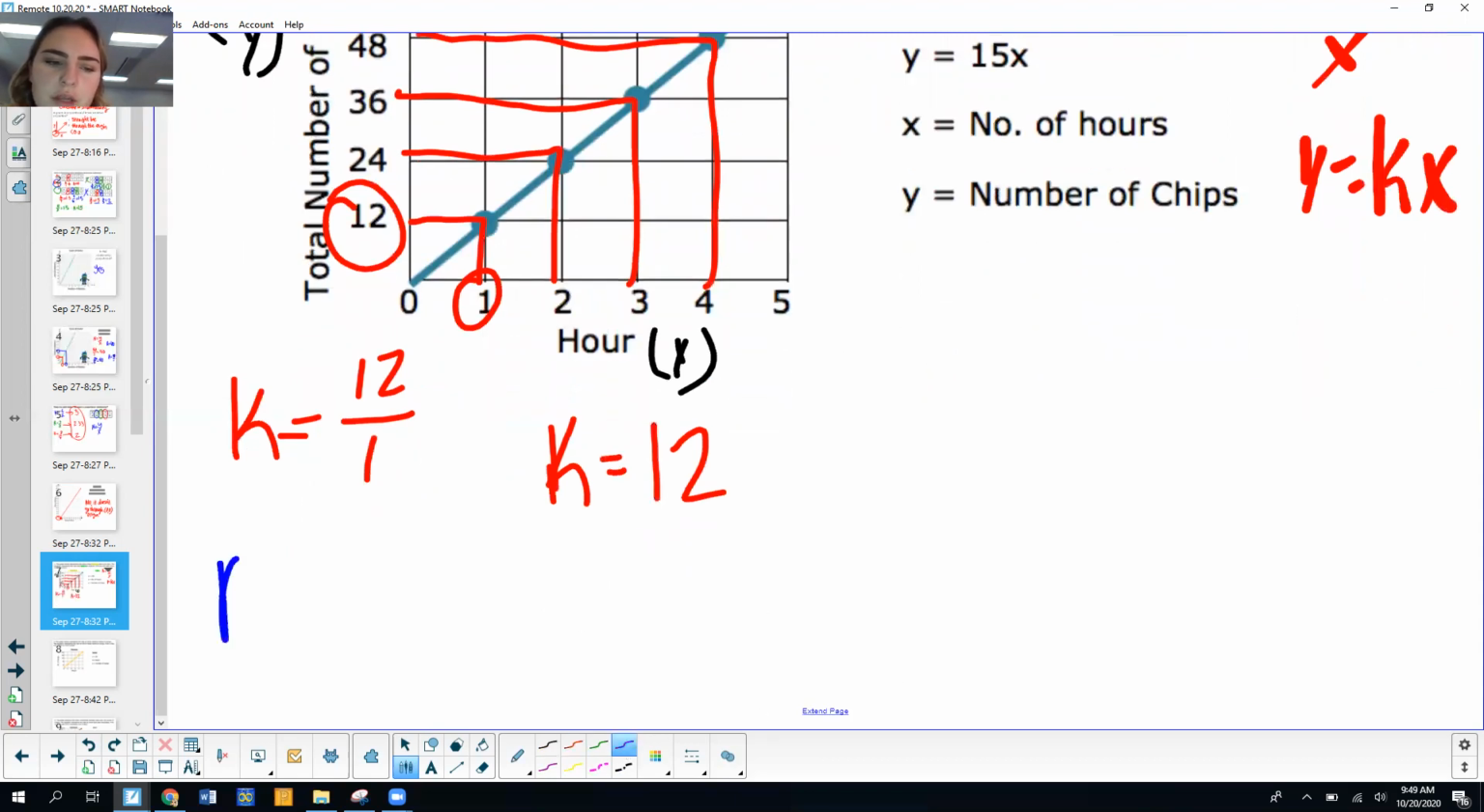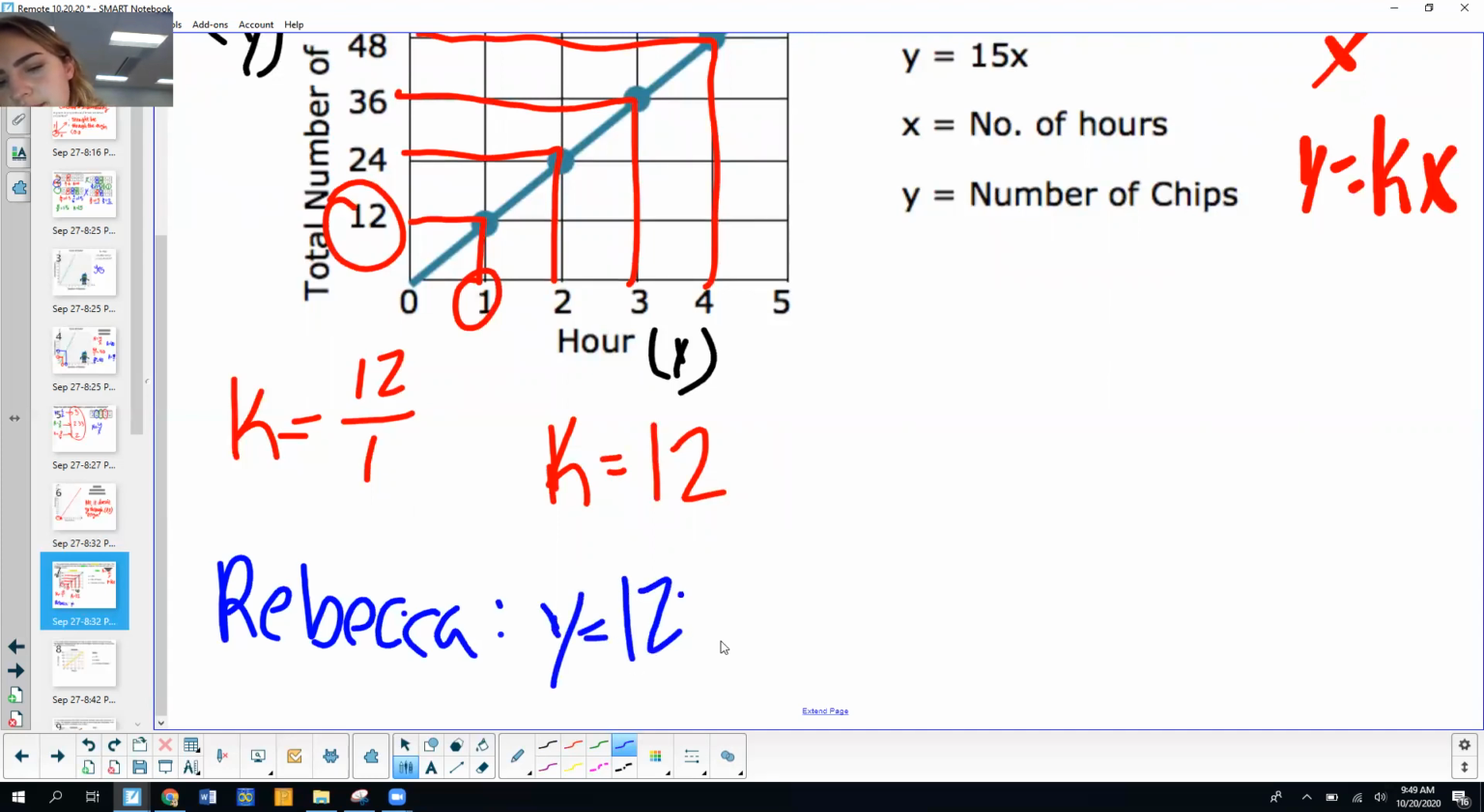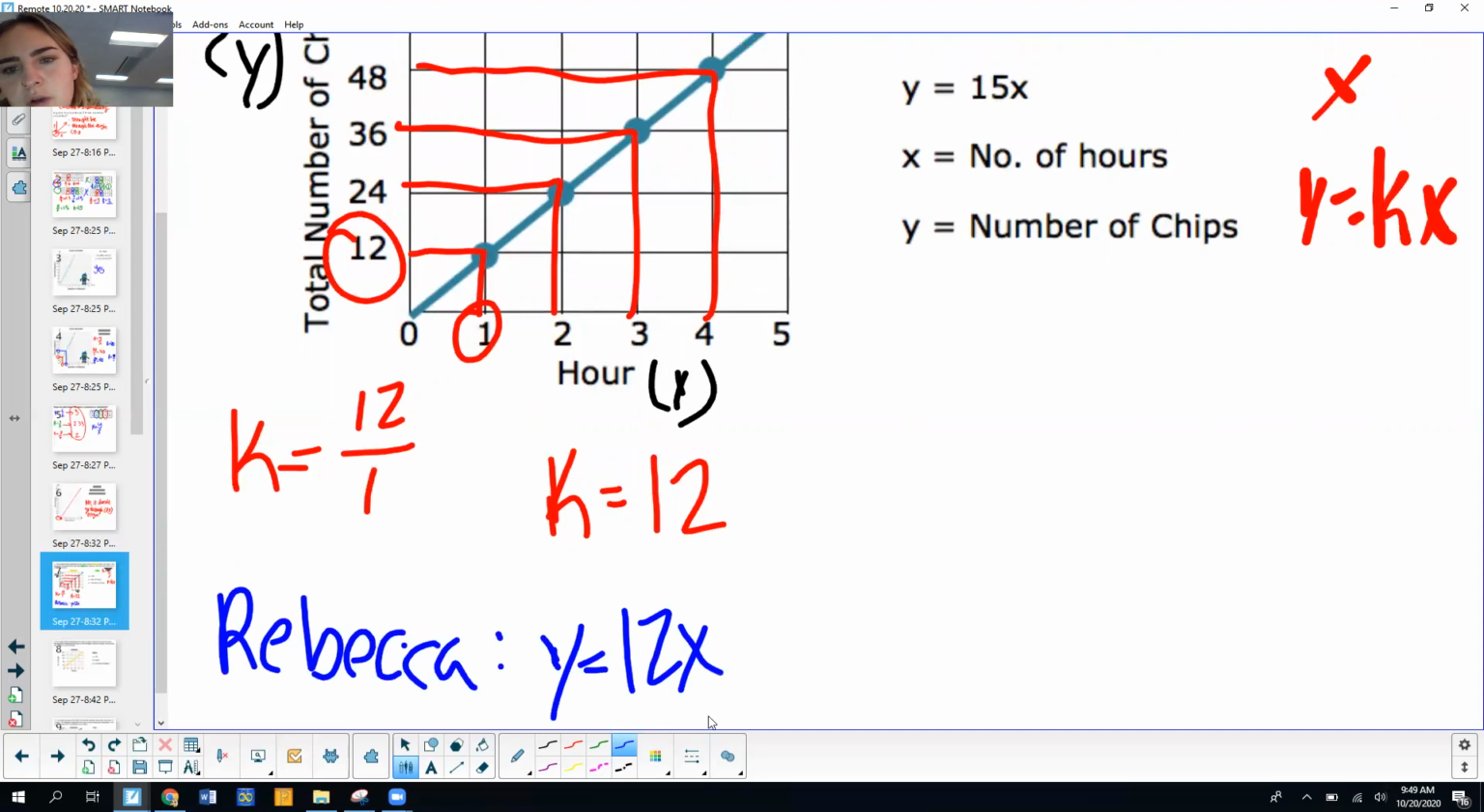So for Rebecca's equation, I'm going to write Rebecca. Her equation is going to be y equals 12x. So this means that she eats at a rate of 12 per hour: in any number of hours times 12, she will eat that number of chips. All right, and then we've got Leela,